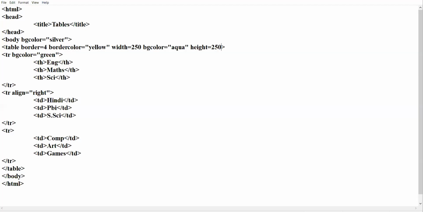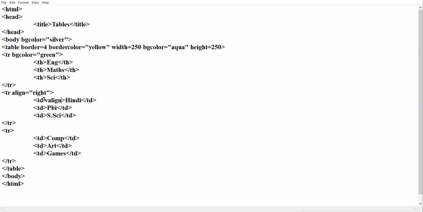Just today in the lecture, you learn the concept of align attribute. There is one more attribute. V align. Vertical align. The simple align attribute is used to set the alignment horizontally.